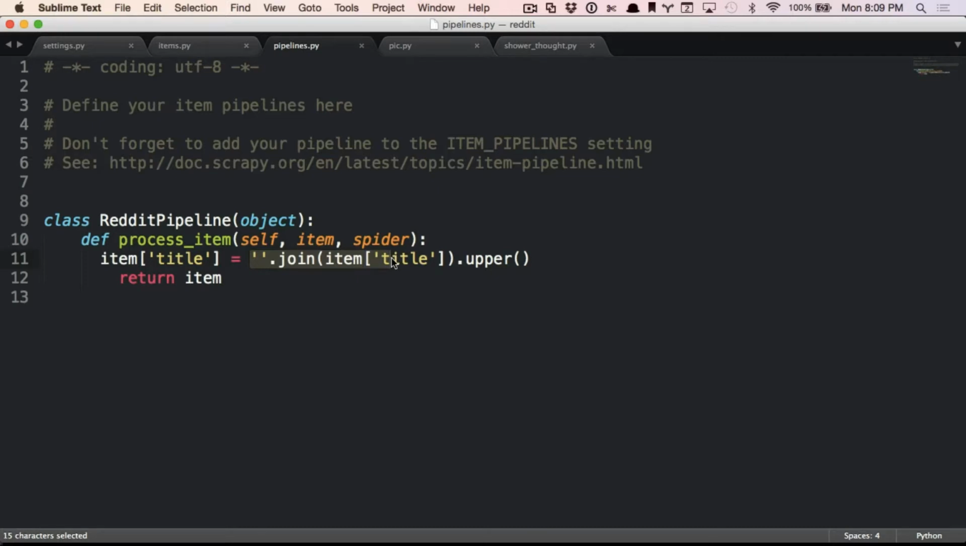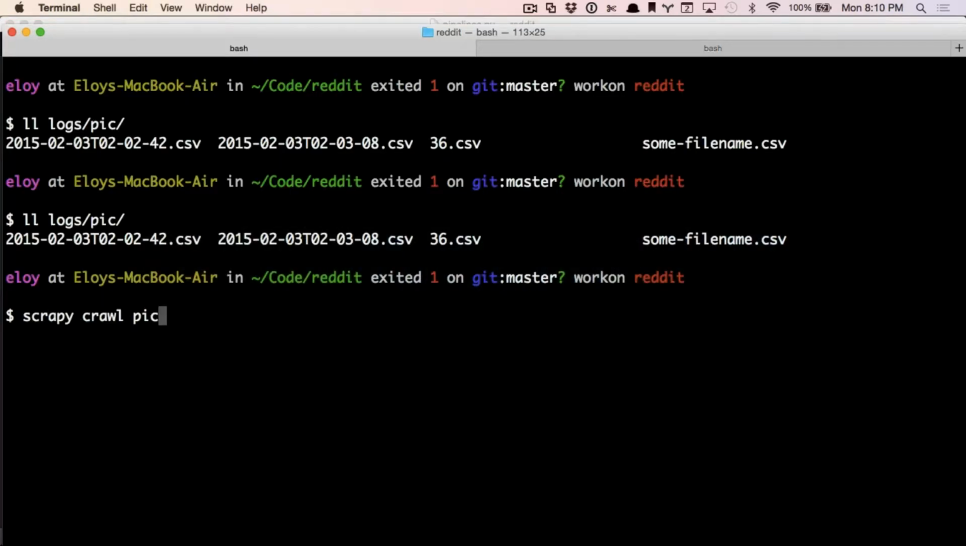In this case, whenever you store items inside of the item, it stores it in this list type of thing. All I'm doing is converting it to a string, and then I'm uppercasing the title, saving that title into its original place, and then returning the item. That's all that I'm doing. So what should happen when I run this crawler,